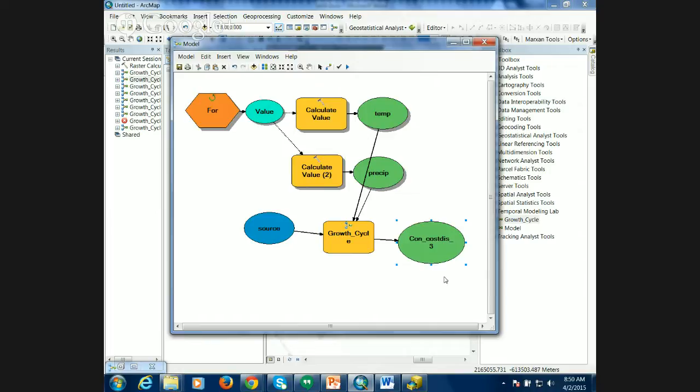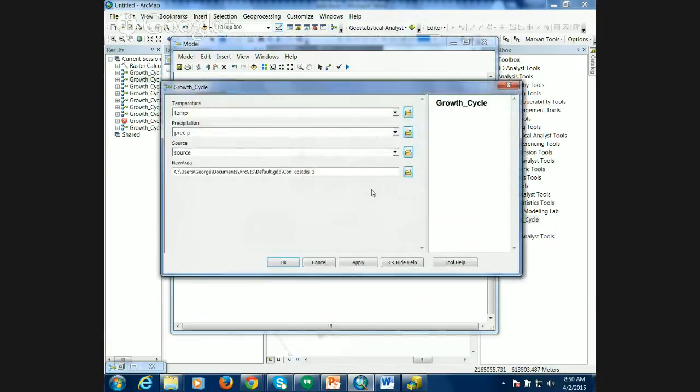All right. Okay. The next thing that we're going to do here is we're going to change the output to